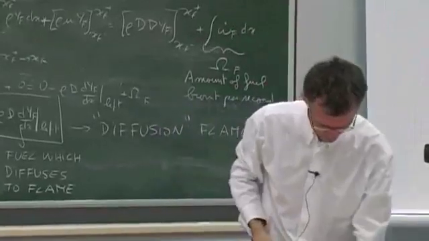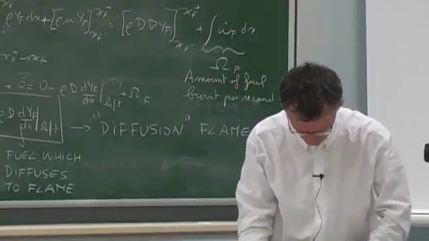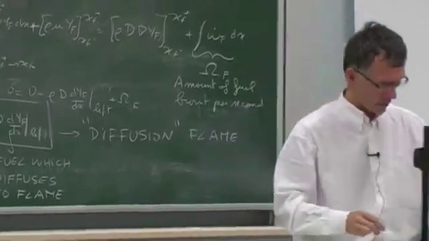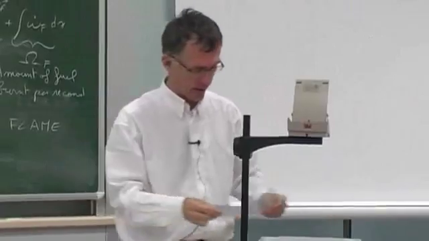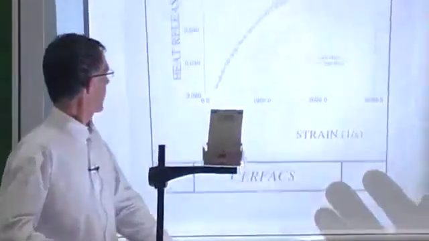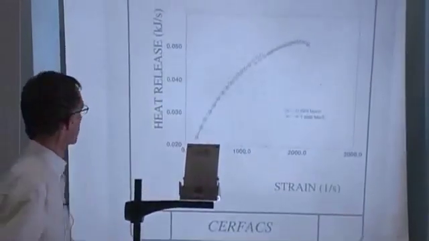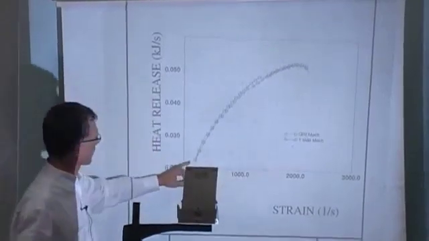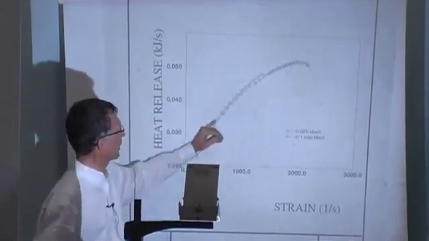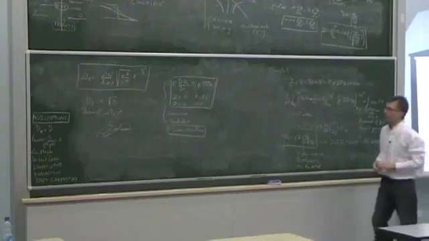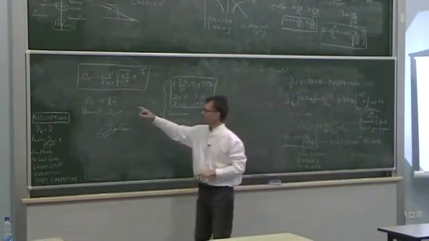So is this good? Is this precise? Well, you can look, for example, at curves like this one. This is a full chemistry. So again, there is no simplification when I show that it's computed without any assumption. And this is the plot of omega F, the total heat release or the total integrated reaction rate, versus strain rate. And you see that when you increase strain rate, the shape which you have here looks almost like a square root of A. So this is really something very close to this expression.